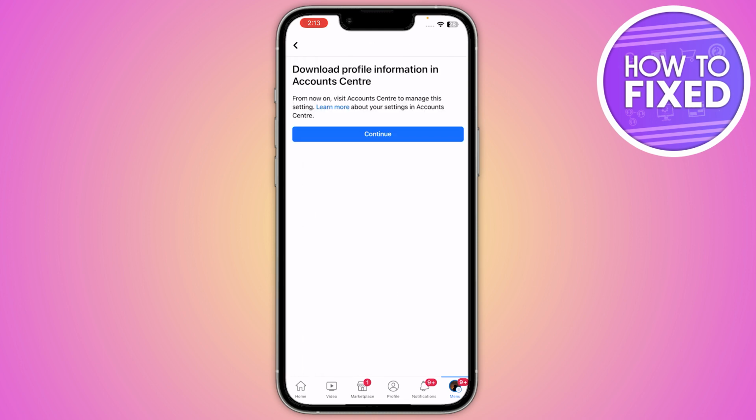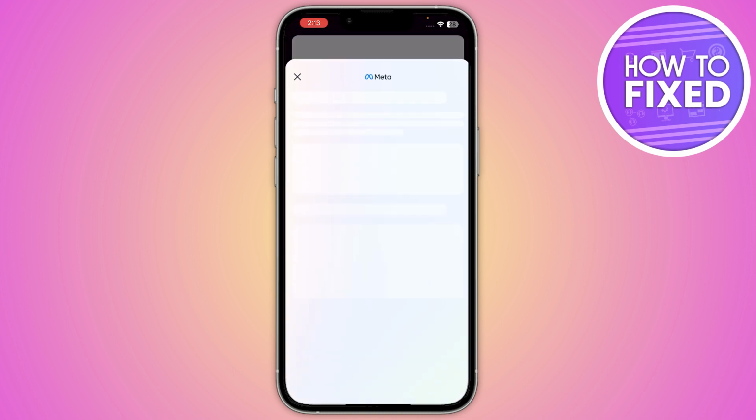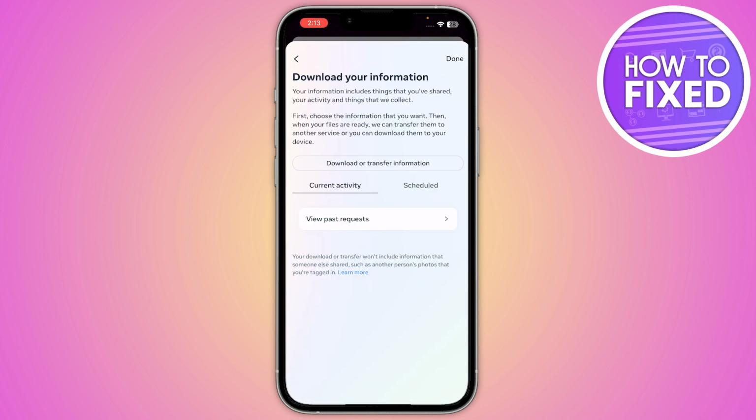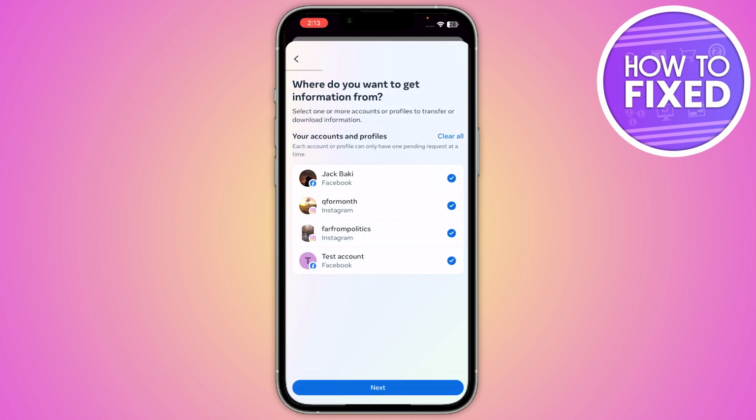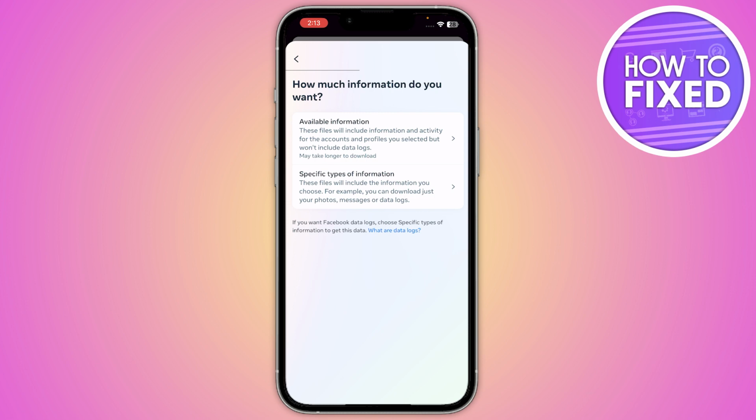Now you have to click on the continue to visit the account center. Now from here you have the option to download or transfer the information. You have to click on it, and from here you have to select your Facebook account that is linked with your Messenger, and after that you just have to click on the next, and here is the option of the